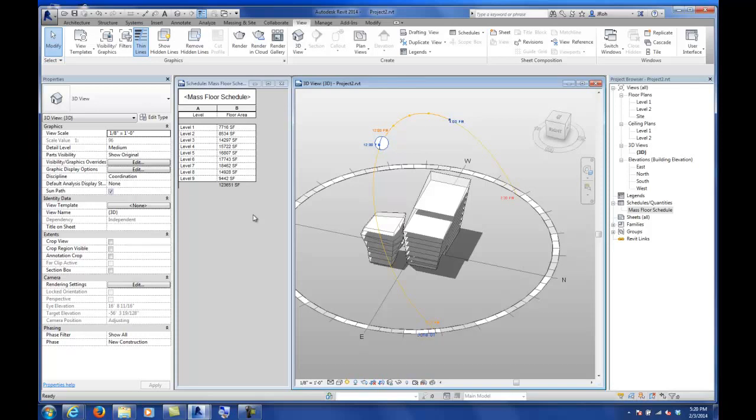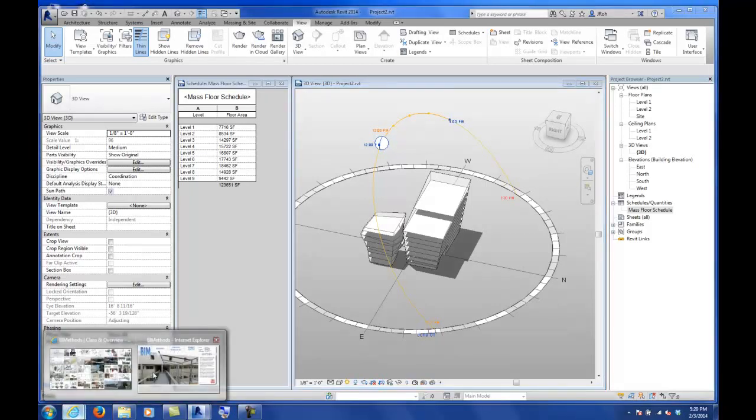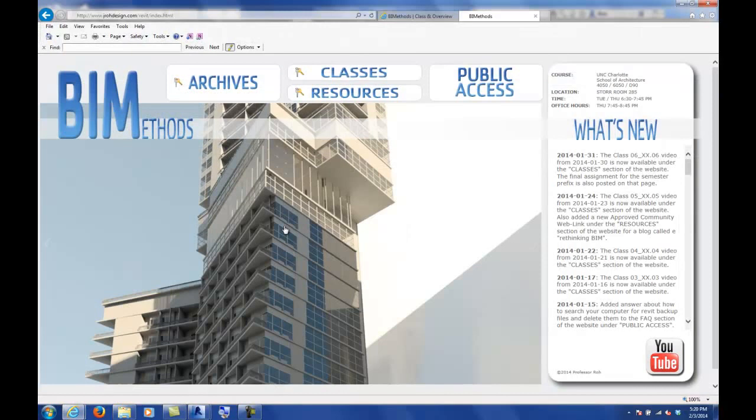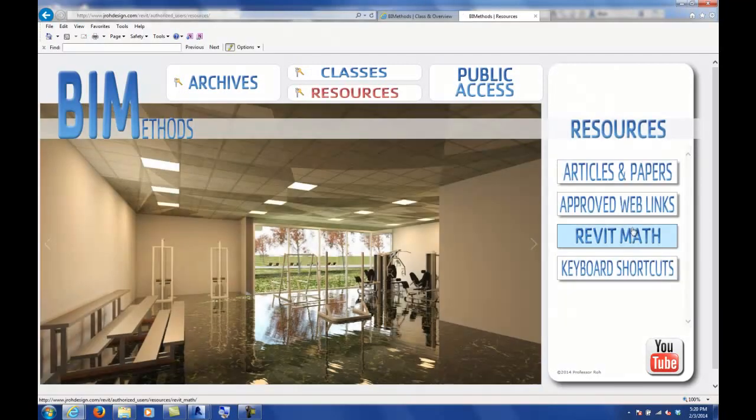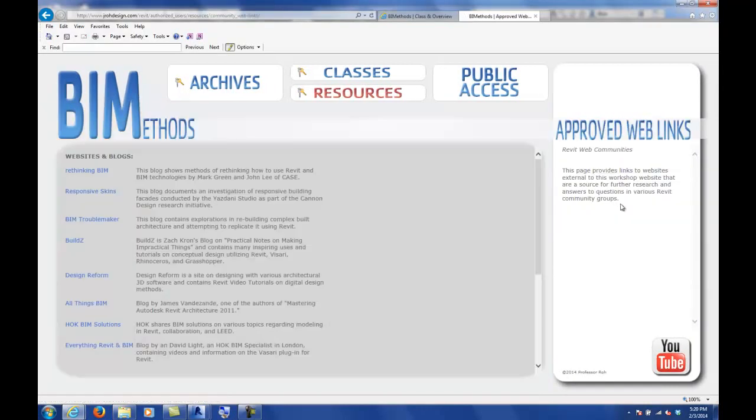Well, on our class website, or my building information modeling website, I do have a lot of different archived tutorials and classes, and I can pick pertinent ones that would be applicable to whatever you're looking at. So for instance, the topography one I'll send out. Since we have a little bit of time, I also have approved web links,